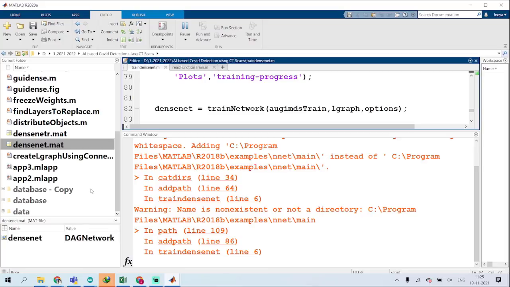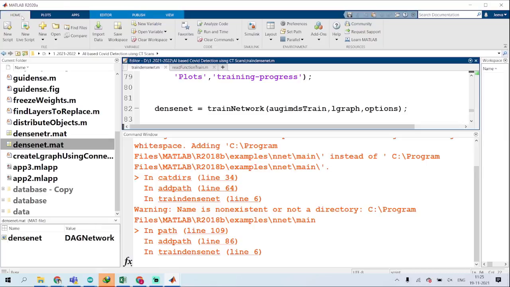You have to install densenet before. You have to install the MATLAB support package for densenet. Go to Home, click Add-Ons, go to Get Add-Ons, and choose it. Install the support package if you get an error while running this program.